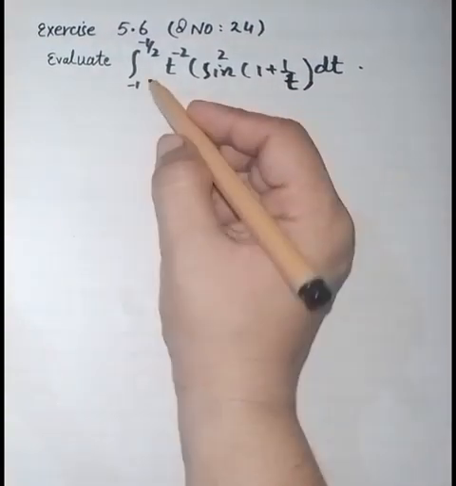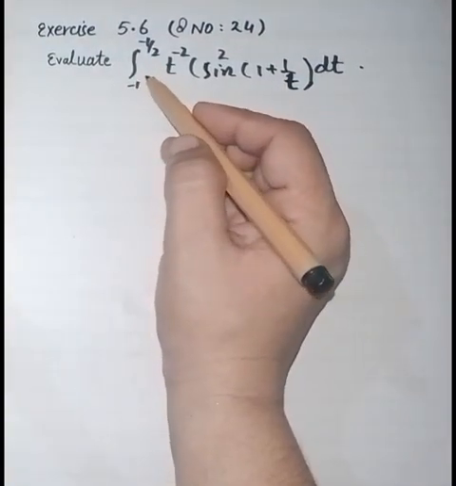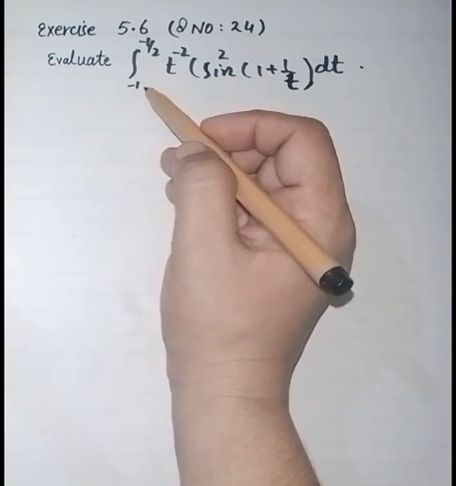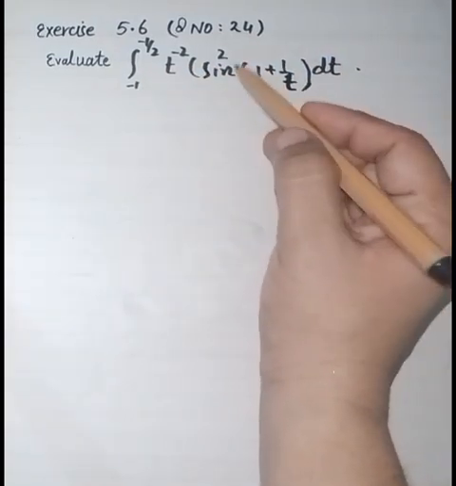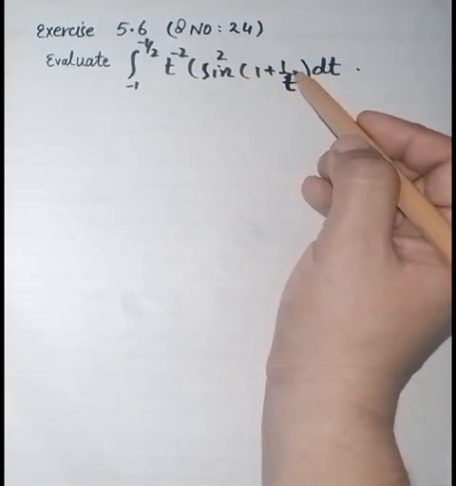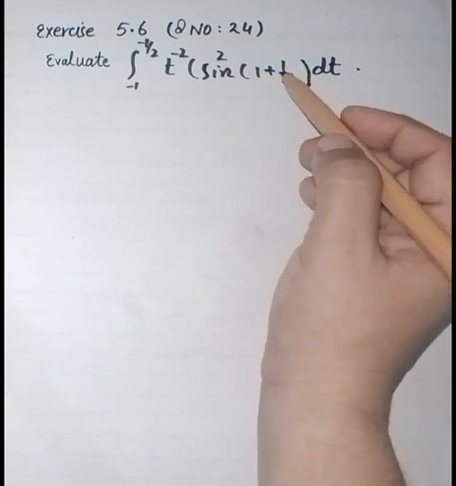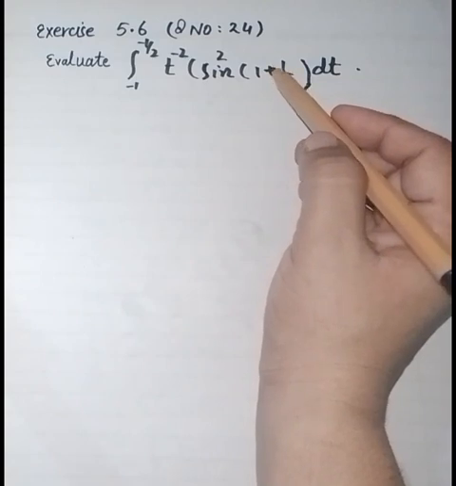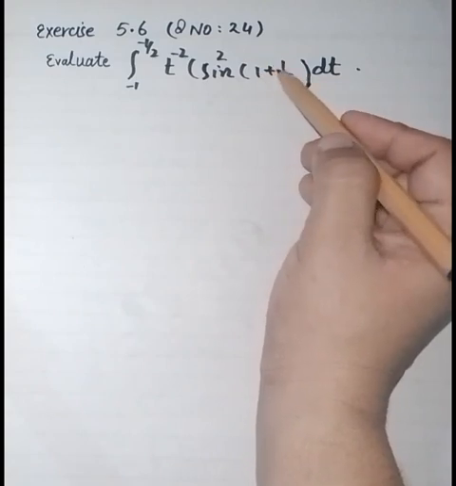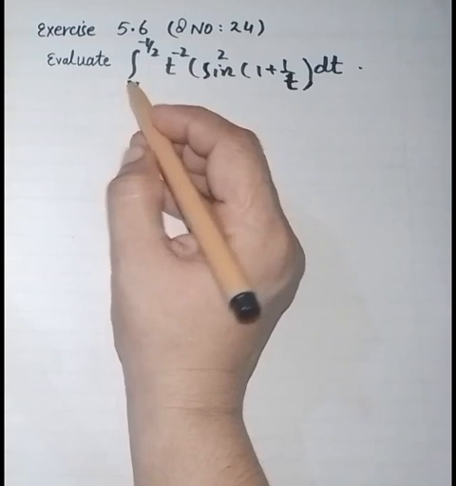Hello everyone. We have a definite integral to solve. As we see that the integral is too complicated, we will try to solve it by the method of substitution. If we let 1 plus 1 by t is equal to u, then